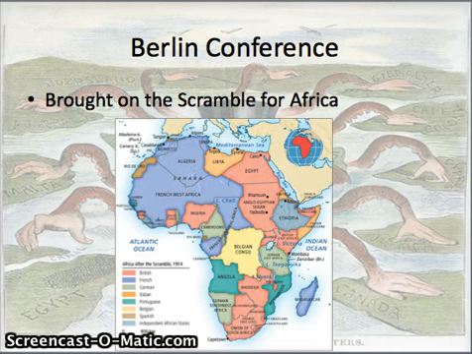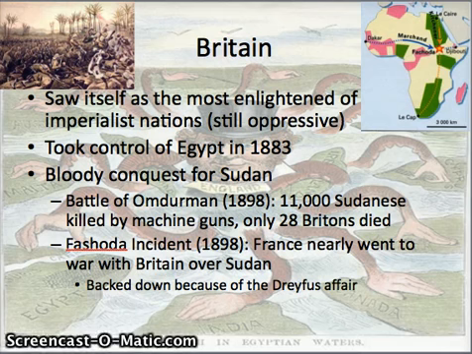All right, so who paves the way? England, of course. When in doubt, say England starts it. Think about how England started the Industrial Revolution. England was the first country to get a constitutional monarchy, and so on and so forth. All right, they see themselves as the most enlightened of the imperialistic powers, although you can still consider them to be oppressive in some ways. We'll talk about that actually later on in the slide with this battle here, the Battle of Omdurman.